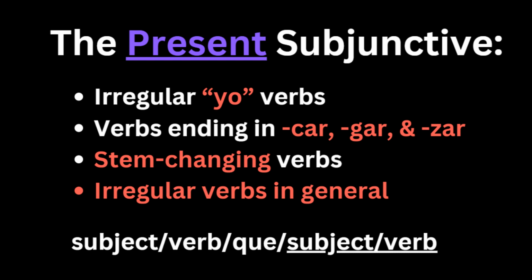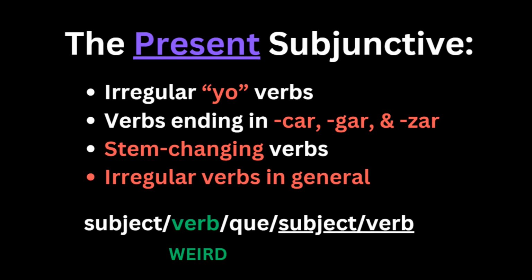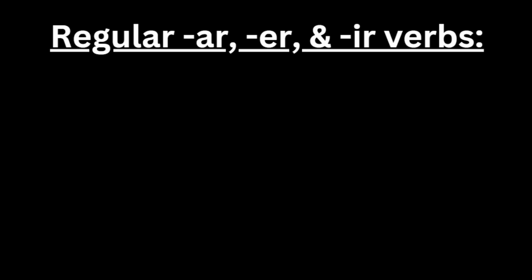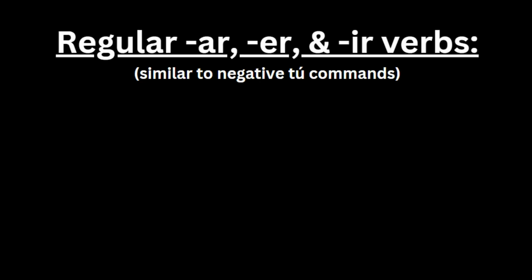However, in order to activate the subjunctive, the first verb in the sentence would have to be a verb coming from weird, which I showed in the previous video. Before showing sentences in the present subjunctive, we need to understand how every type of verb functions in the present subjunctive in the second part of the sentence, beginning with regular AR, ER, and IR verbs all the way to irregular verbs in general. Regular AR, ER, and IR verbs in the present subjunctive are conjugated similarly to tú commands